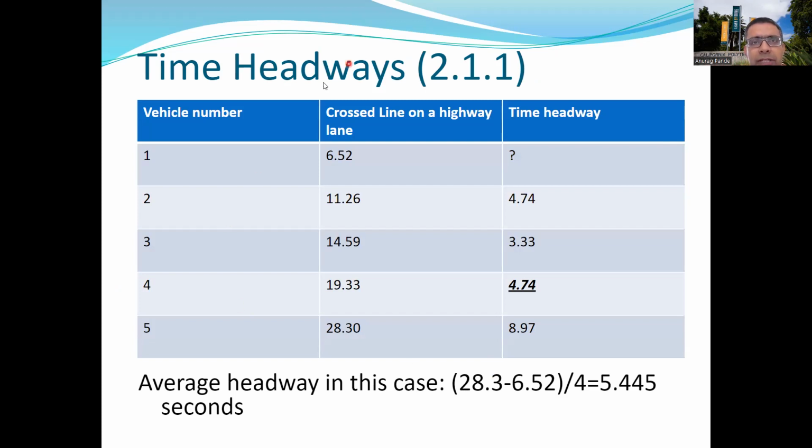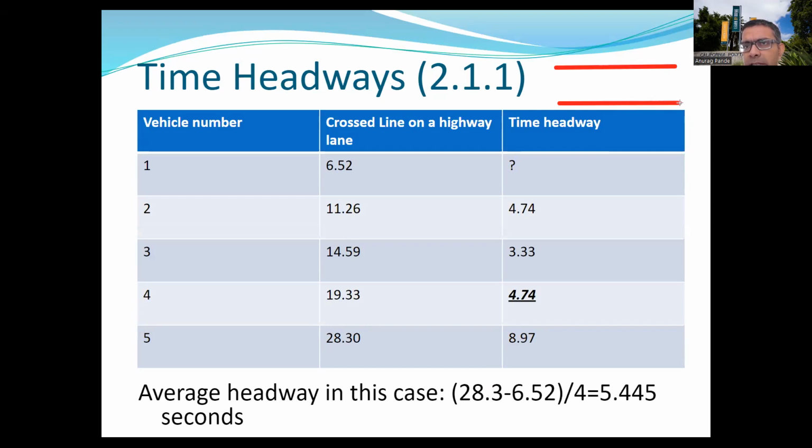The way we measure time headway is this: let's say this is my roadway location. I'm drawing a roadway, and maybe this lane is going one way and the other lane is going the other way. If you have this roadway and then you draw a line on the road that looks like this,